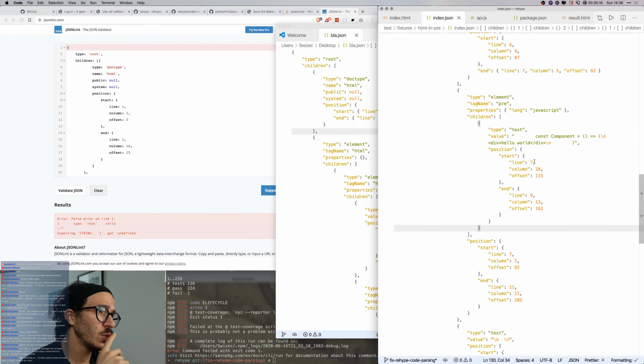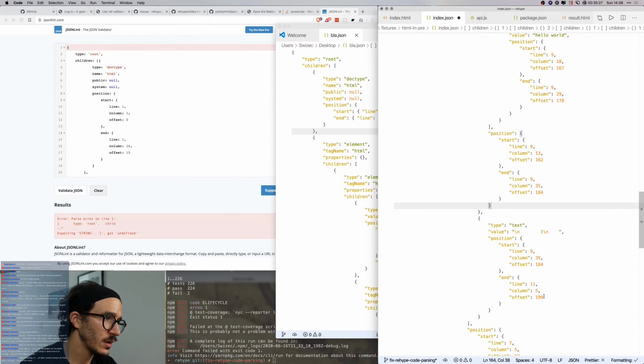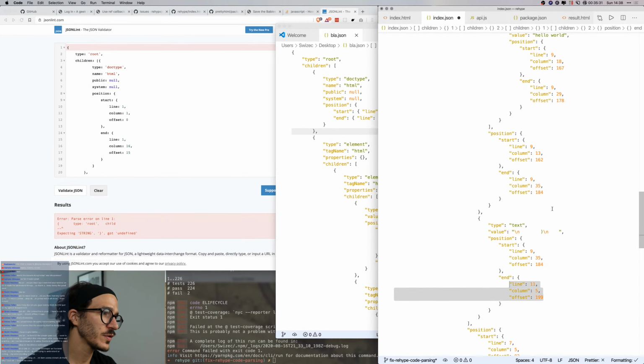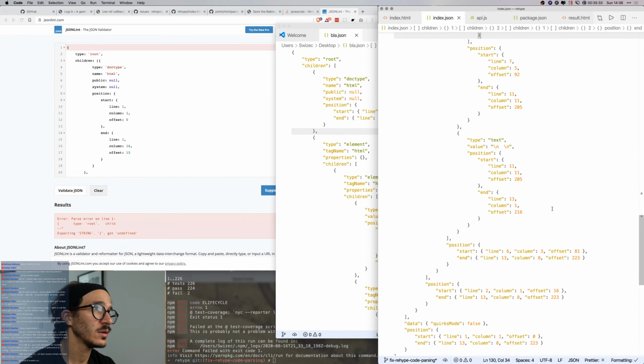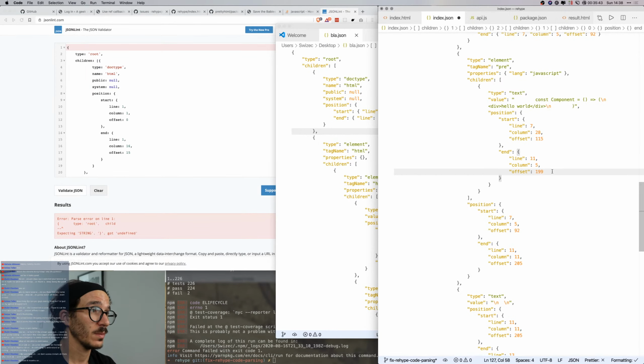Now what we need to do is say that this is starting on line 7, column 28. I don't know what the offsets are, and then it ends on line 11, column 5, offset 199. That's because I'm basically taking what it thought was the last bit, changing it, and pasting it here, kind of cheating.